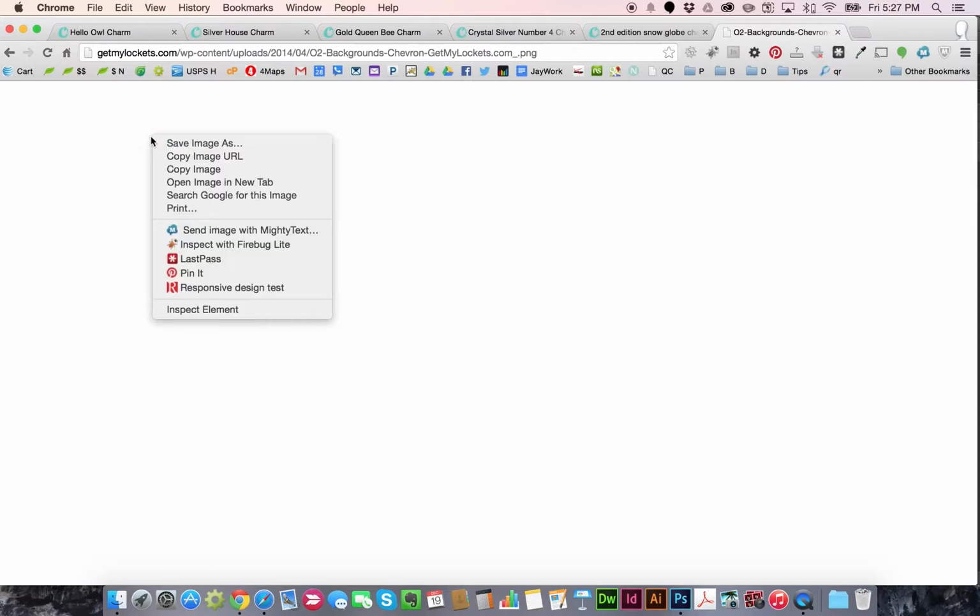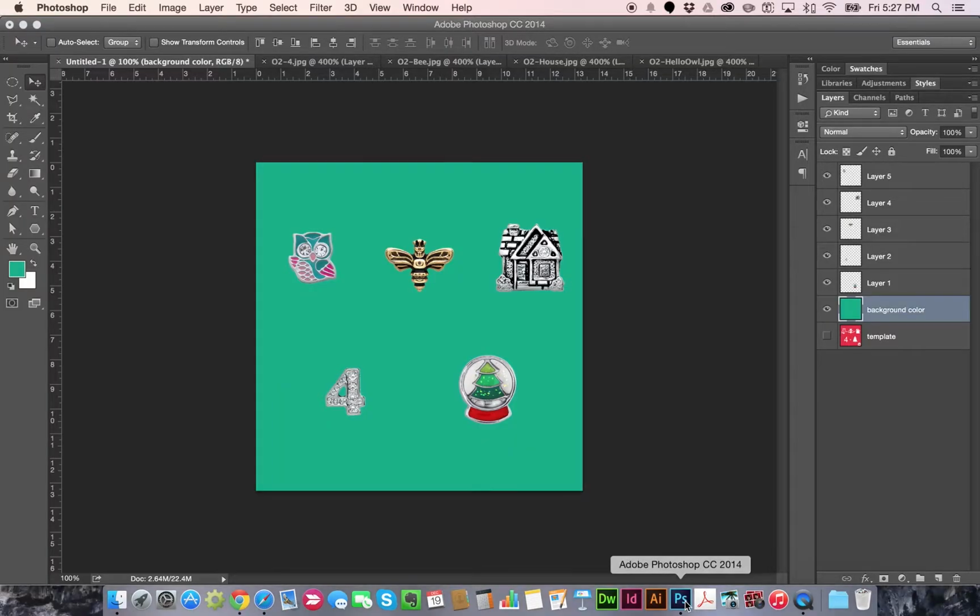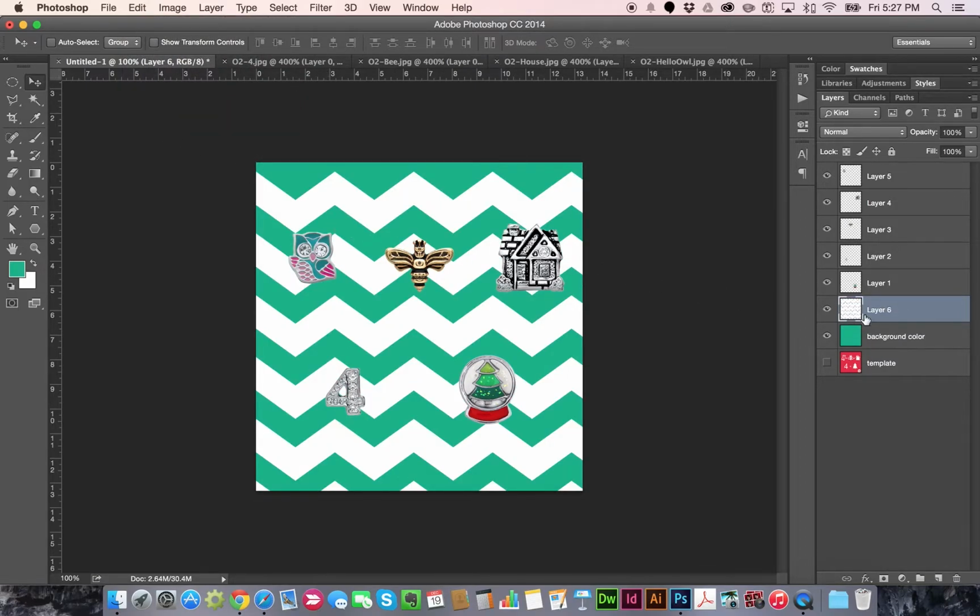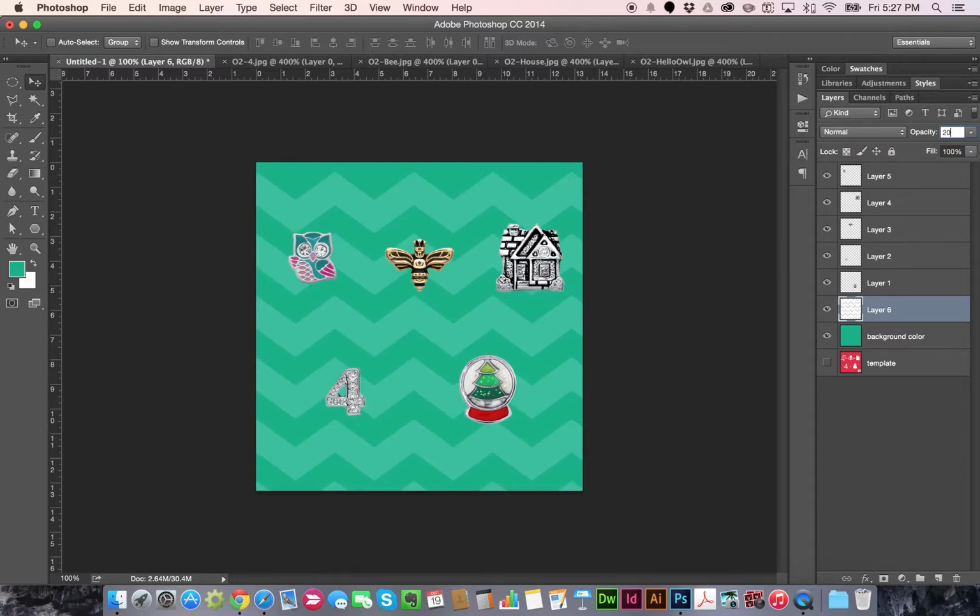So if you just right click on it and choose copy image, and then go back to Photoshop and make sure you're on your background color, when you paste this in, it's going to paste on top of there. So now it's its own layer on top of the background color. Then you can turn your opacity down, which is how see-through it is to the background color. I want to do about 20%,